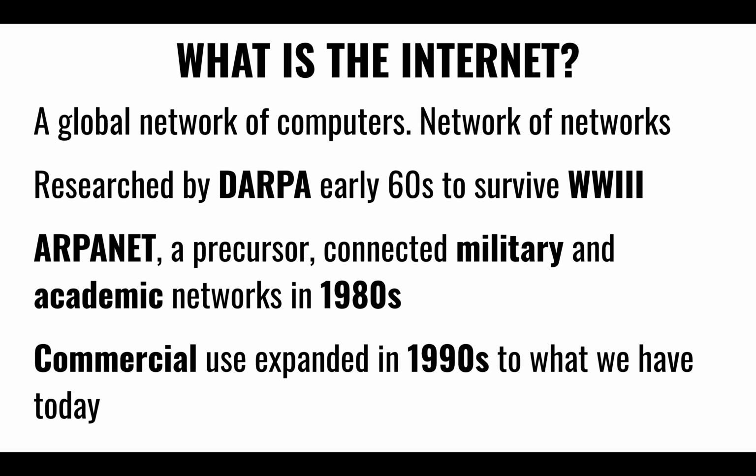What's the internet? Basically, it's just one huge global network that was part of research in the 60s. At the end of World War II, folks were asking, how do we win World War II? Well, we bombed the heck out of these guys. And what would happen if that happened to us? How could we possibly survive something like that? Let's see if we can create a huge redundant network so that no matter how bad you bomb it, there'll always be enough redundancy in the system that you can still communicate. So anyway, that was perhaps the idea to survive World War III.